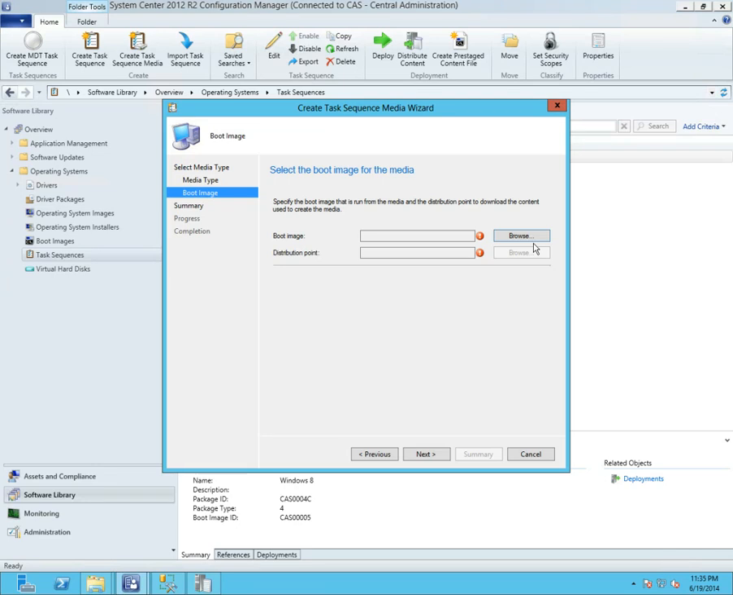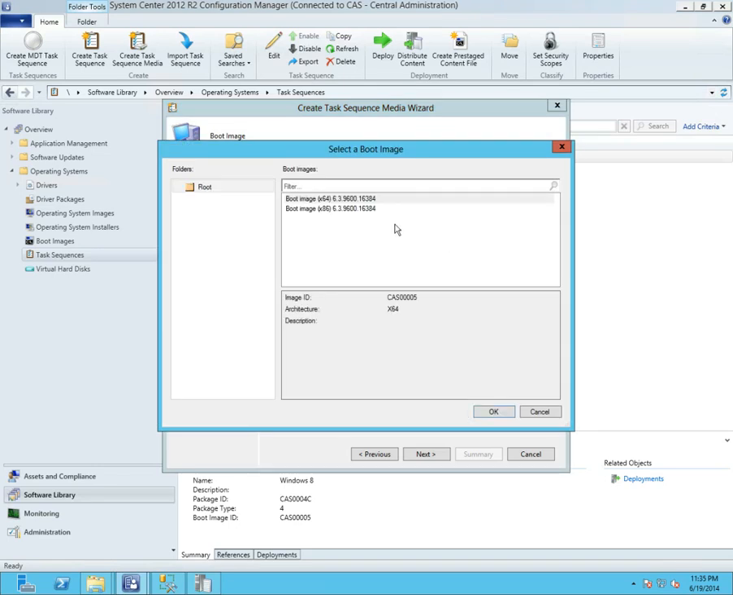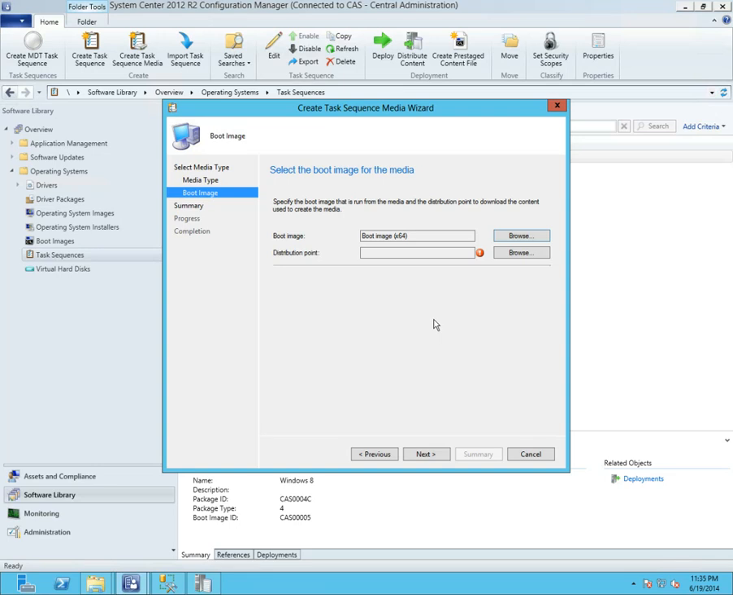The boot image is Windows PE. What Windows PE boot image do you want to use? So I'll just choose the x64 boot image and go from there. Little sidebar on this: the boot image that you choose for BIOS-based systems is not as important. If you have UEFI systems that will operate in UEFI mode, then the boot image needs to match the